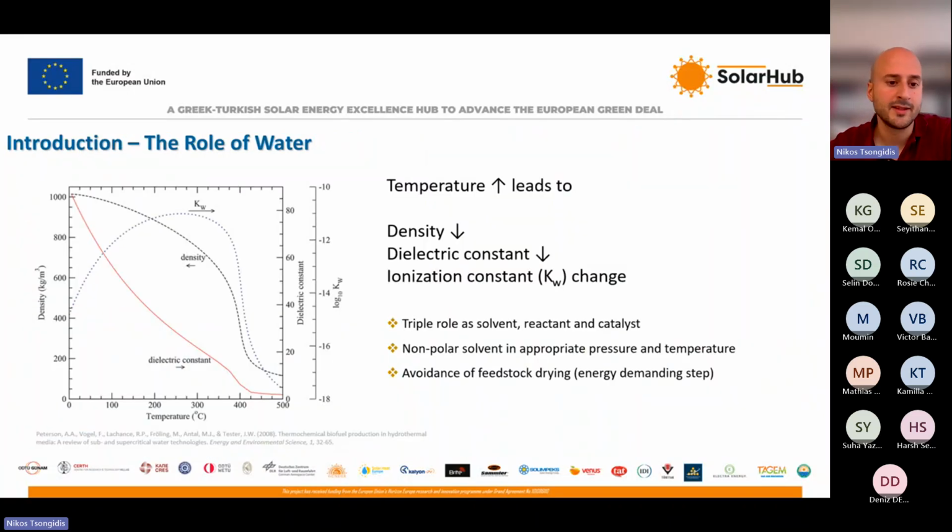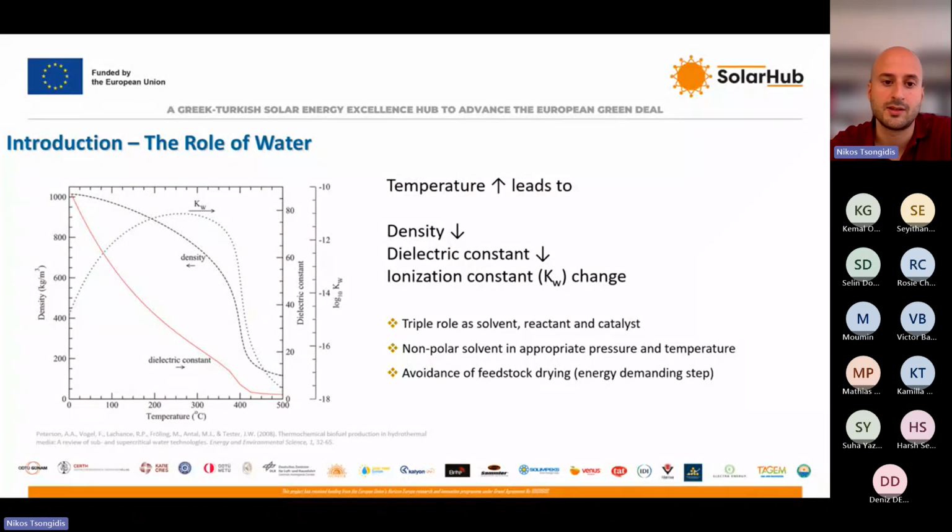And regarding the role of water, as I've already told you, water has a double or even triple role. In this case, it can be used as a solvent, reactant, and catalyst itself, because the increase of the temperature leads to some characteristics, some parameters that are appropriate in order to depolymerize our feedstock and then, of course, repolymerize it into the biofuel. So the temperature increase leads to its density decrease, the dielectric constant decrease, and the change in its ionization